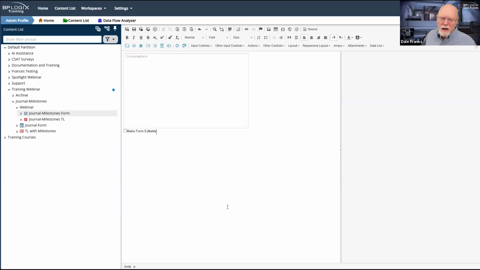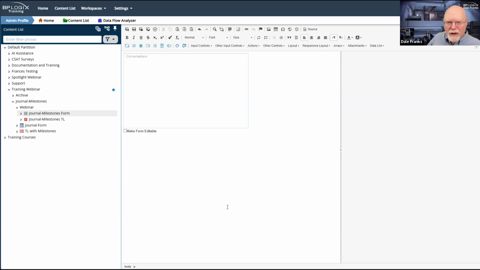So the initial request, you probably don't want to allow just anybody to edit it, but you might have some fields that you want additional information from reviewers or approvers or what have you, and you would make those fields editable as appropriate. It's a good security measure.